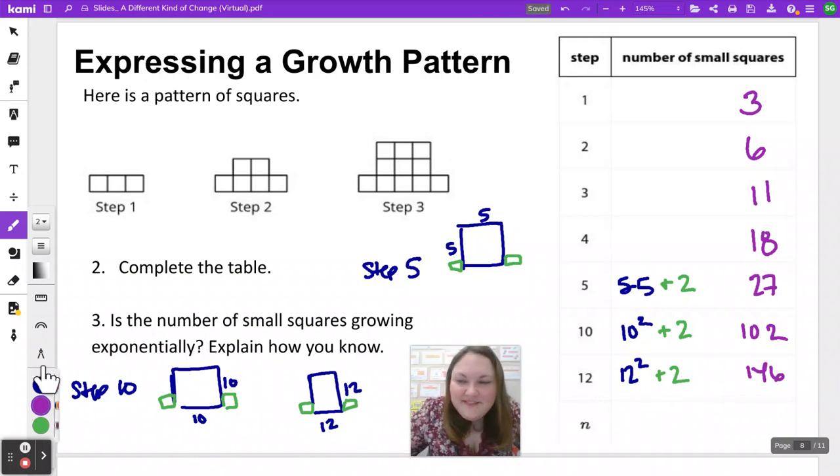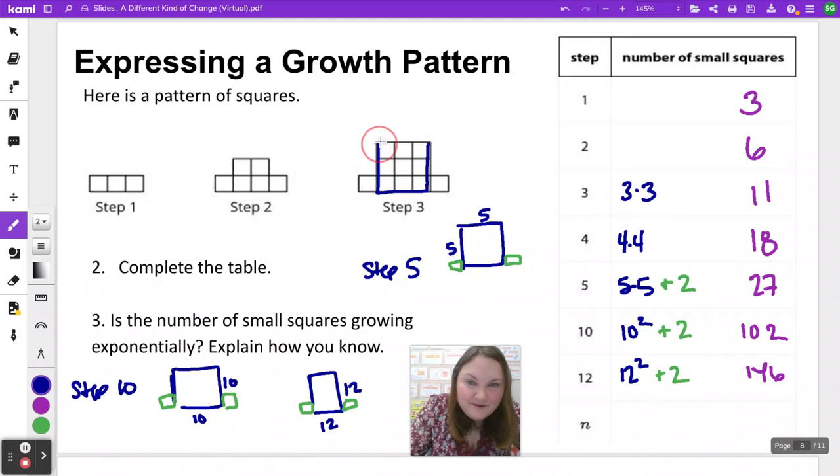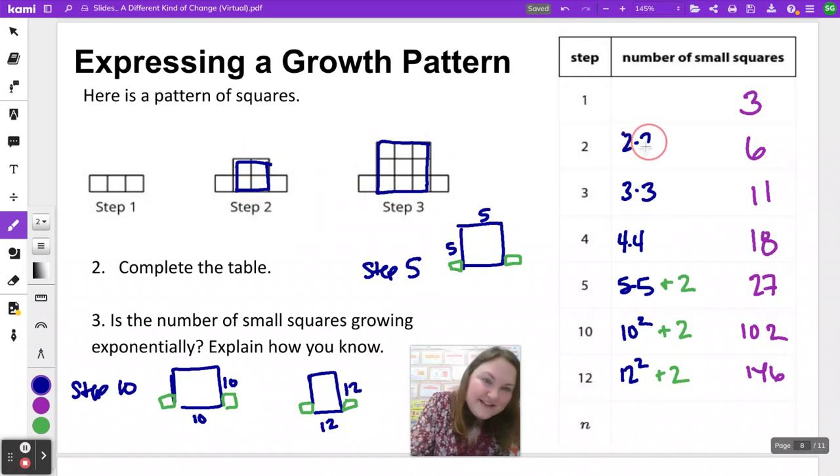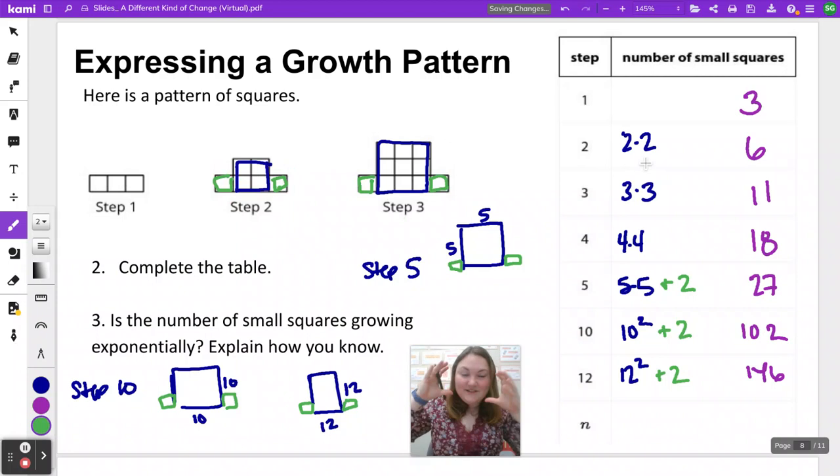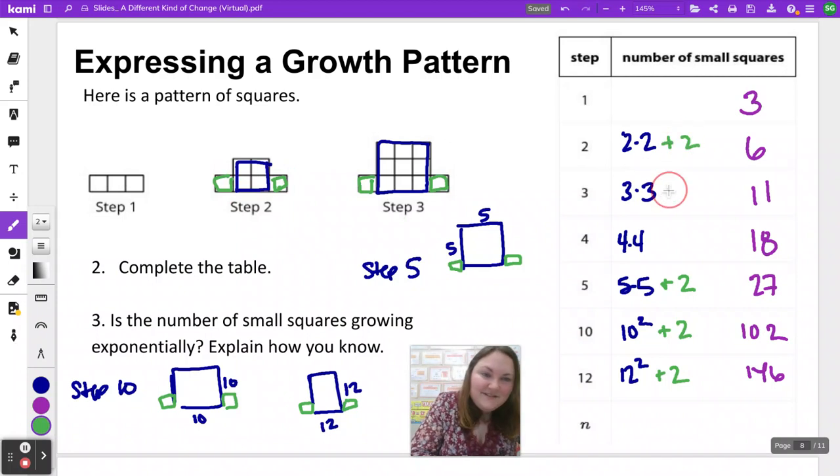I've been writing out the math like this so that we can see again there's that pattern. Every single time we were multiplying the step number by itself to get that expanding square part I keep talking about. Step 3 was that 3 by 3 square. Step 2 was a 2 by 2 square. Step 100 would be a 100 by 100 square. There's that expanding square part, which I've been filling in the table in blue. But then every single time there were also those 2 squares on the end we couldn't forget about. And so every single time after I found out how much that expanding square had, we kept adding in 2